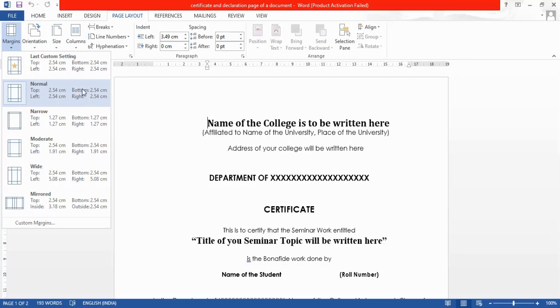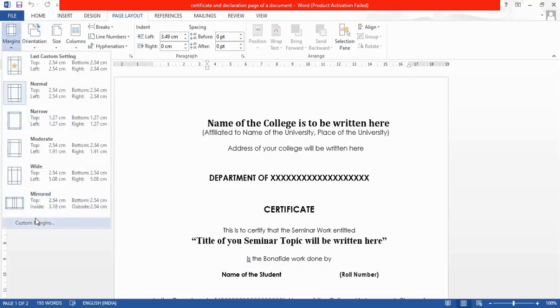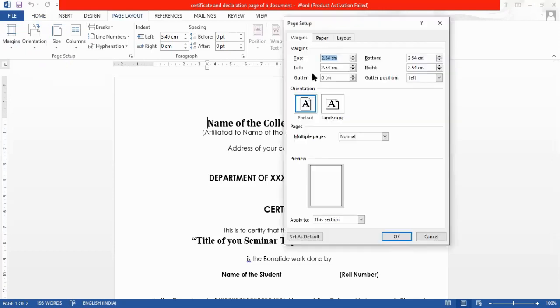right. I'm going to select the same and I'm not going to do any modifications in the margins of this document. And if you want to change the margins based on the requirements, you can do it with the help of the Page Layout option. Within the Page Setup, we have the Margins option. Then you can go for Custom Margins and give the values of top, left, bottom and right and click on OK. Here I'm not going to do any changes.